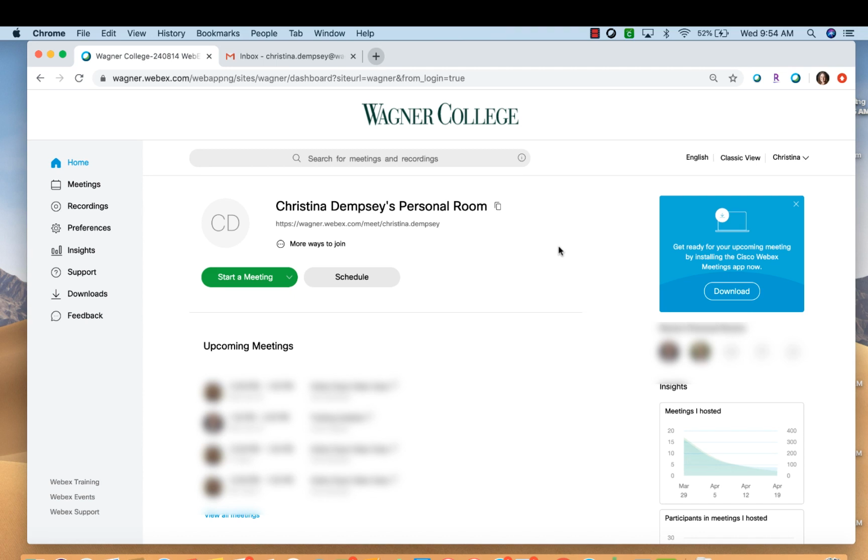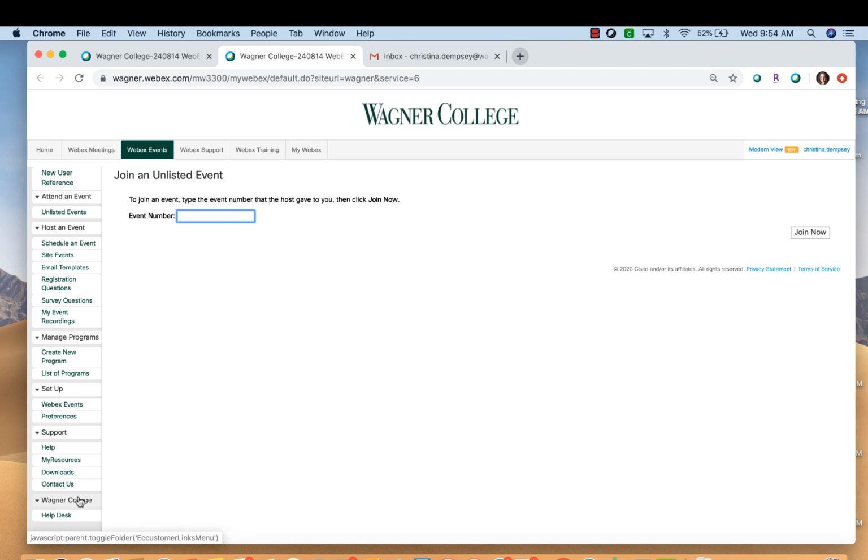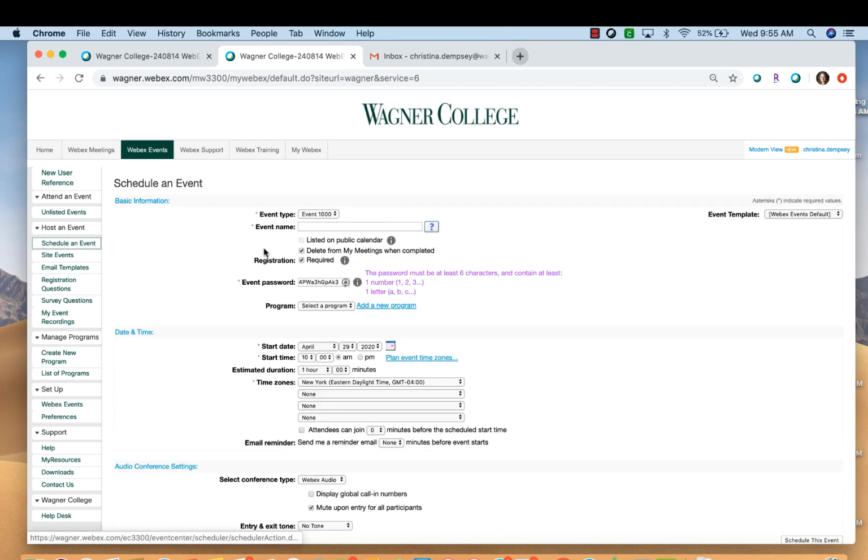So I have my Webex here and ready to go. And the first thing that I want to do when I want to create a Webex event is go to the lower left-hand corner and click where it says Webex Events. Now automatically my Webex is going to switch over to Classic Webex, and under Host an Event we're going to click Schedule an Event. Here under Event Name we're going to just give our session a name, and by default